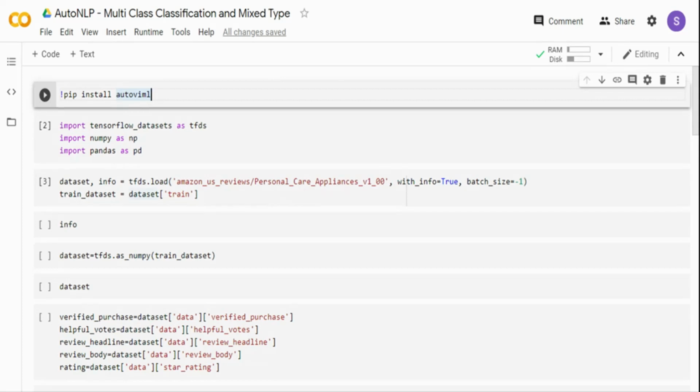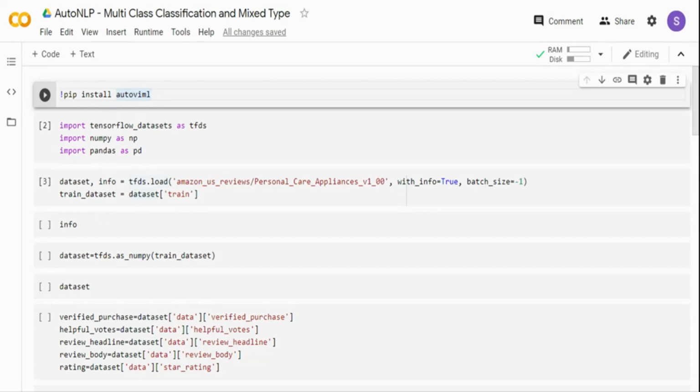And the third step I'm doing over here is loading the Amazon US review dataset from the TensorFlow datasets. So I'm calling tfds.load, and then I am loading the Amazon personal care appliance reviews dataset, and then I'm assigning it to the dataset variable and also the info variable to tell the metadata about the dataset, like what this dataset contains, what the different variables are, what the data type is, right? That's the info. I have run all these three steps because it is going to take some time to download the data and everything. I'm going to start running from this cell. This was already pre-run, and I have downloaded the data and kept it, right?